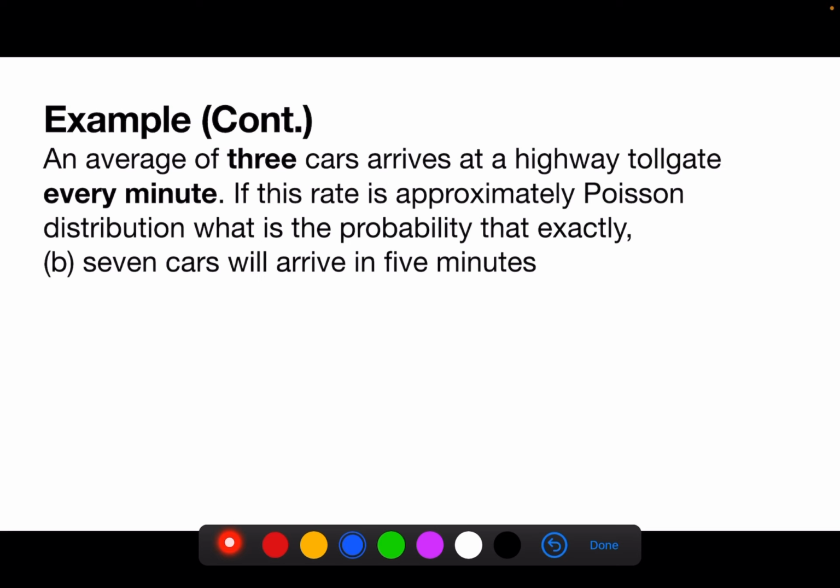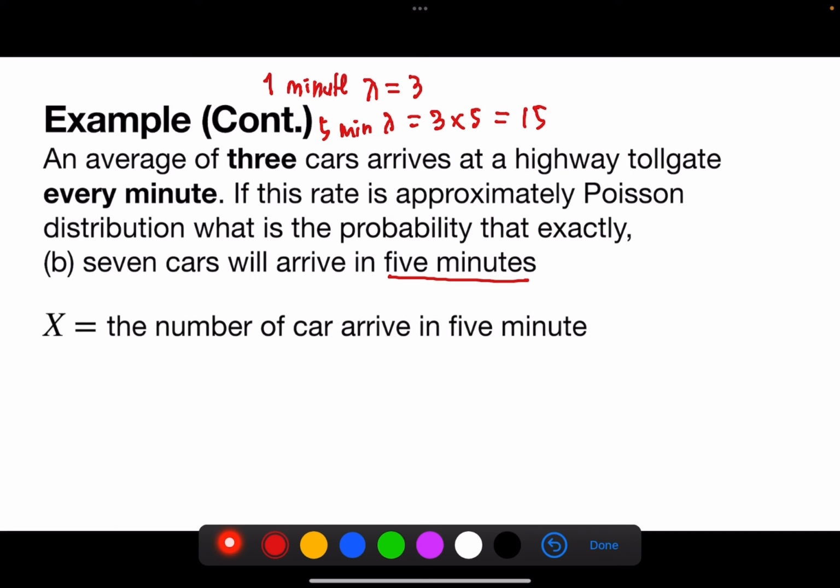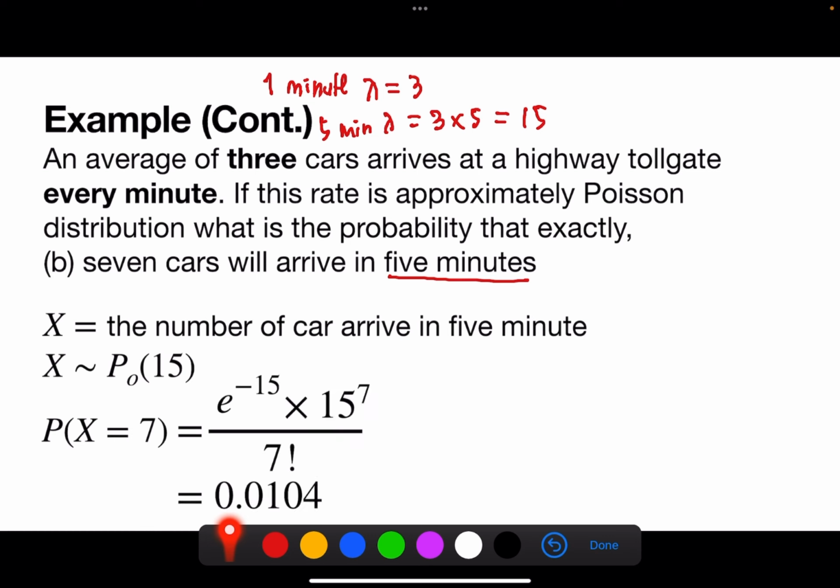What is the probability that exactly 7 cars will arrive in 5 minutes? We have a new mean now, which is 15. Okay? Our mean changed. When our mean changes, our random variable will also change. So you need to rename your random variable. Just now, the first question was in 1 minute. Now the mean changed, okay? Our random variable will also change because now it's 5 minutes. Write down the new parameter. So x has Poisson distribution with mean 15. So this one just put into the formula, okay? 7 cars. So you're going to get